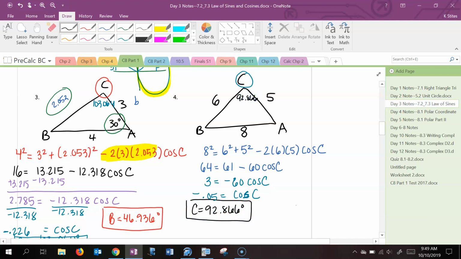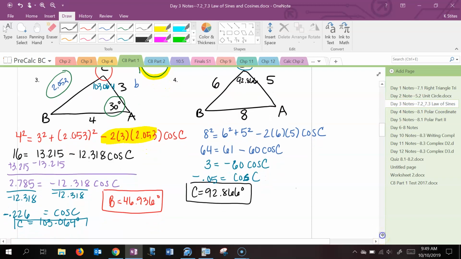Okay, so now we have a matching pair, a matching angle and side, so we can switch to law of sines. And we're only going to have to do law of sines once, because once we find one angle, we'll have two, and we can subtract from 180. So I'll do sine of 92.866